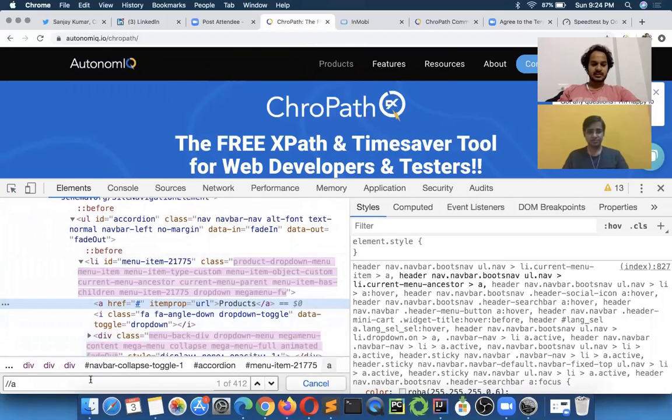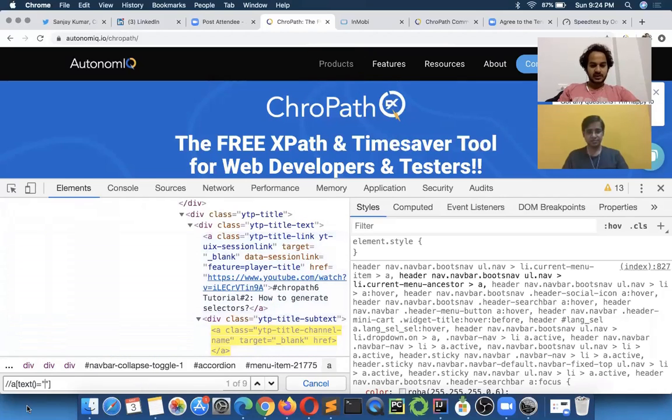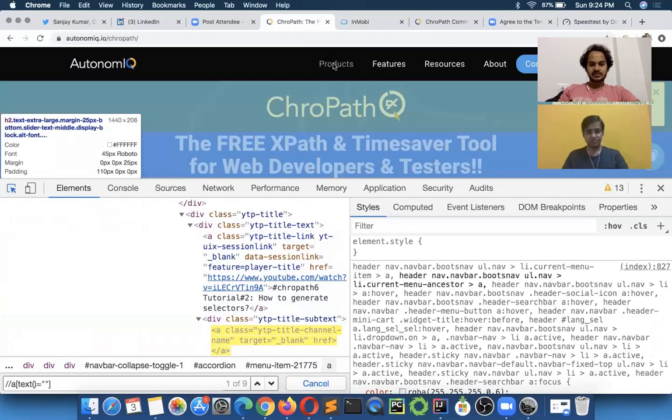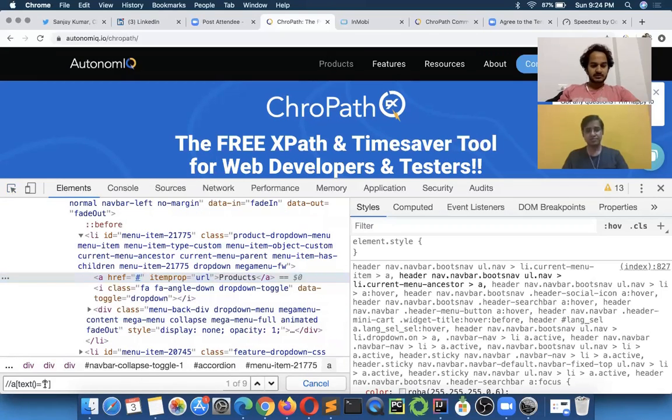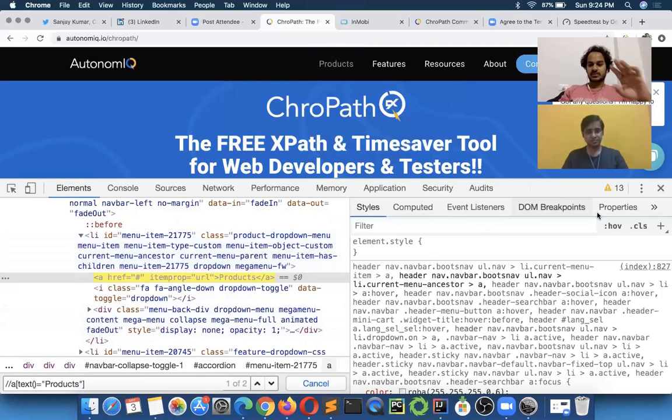And then here, let's say text() is equal to, and as soon as you type something here, this DOM is scrolled up again. Again, you will have to inspect this element, and you will have to type products here. So you see, just to write one selector, we have inspected this element 3 times, and a lot of interruptions were there in the DOM.